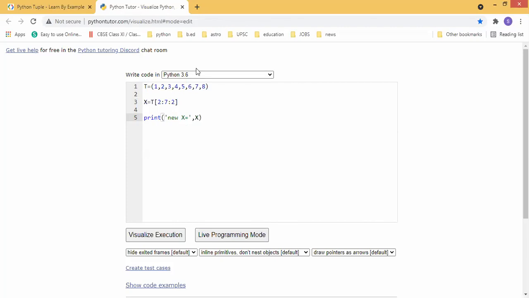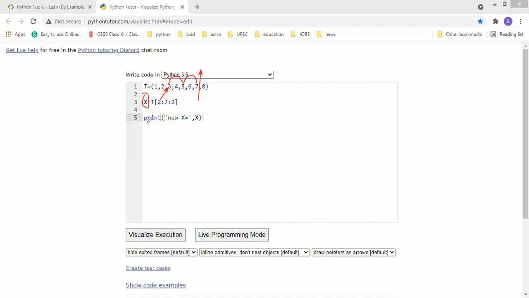It will get the values starting at the second position, that is 3. The stop value is 7, which means it will show up to 6. Which value is 6? So 3 is index 2, then 3, 4, 5, 6. It will show up to 7, and it will jump by 2. So 3 to 5, 5 to 7. It will show 3, 5, 7. It will be stored in the variable x.